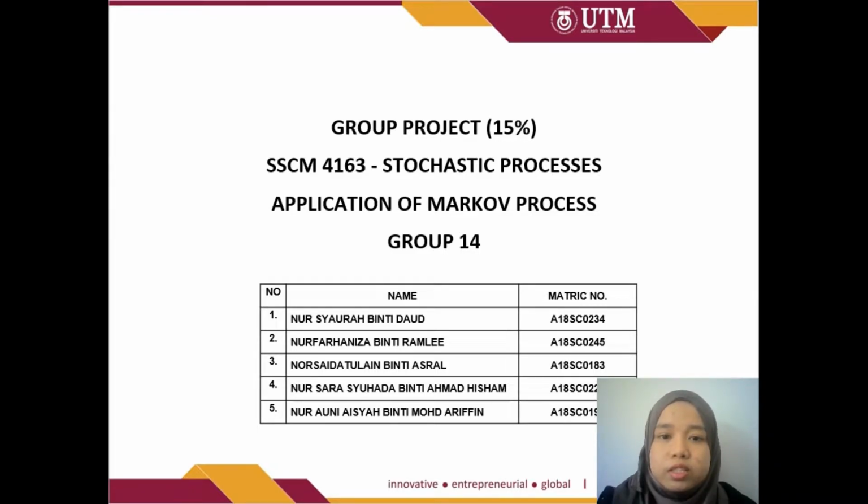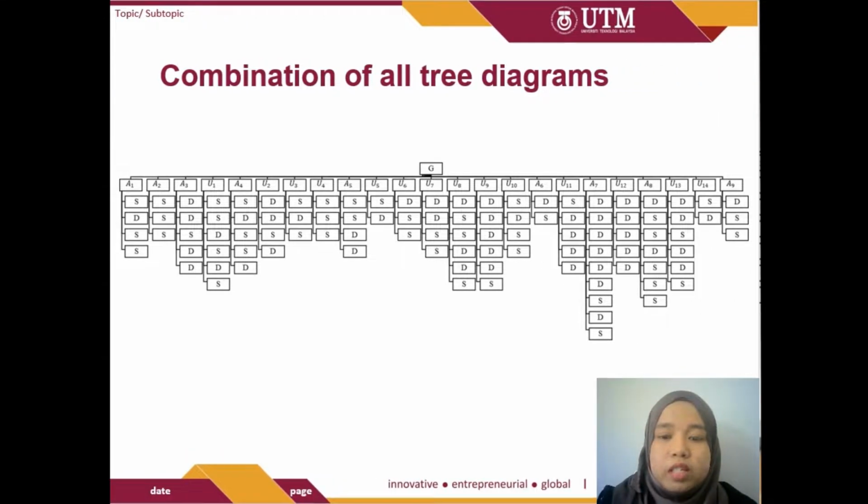Based on this diagram, this is the combination of all three diagrams from our group members. It is important because the total of individuals in the first generation, which is 23 people, will be used to proceed the evaluation of an individual choice of alternative insurance companies.